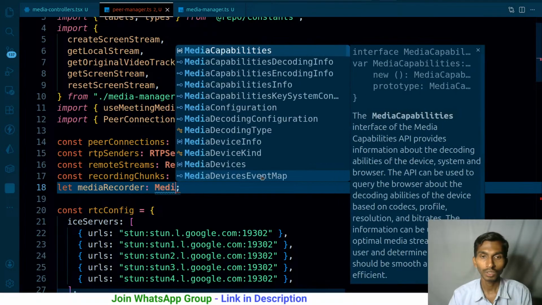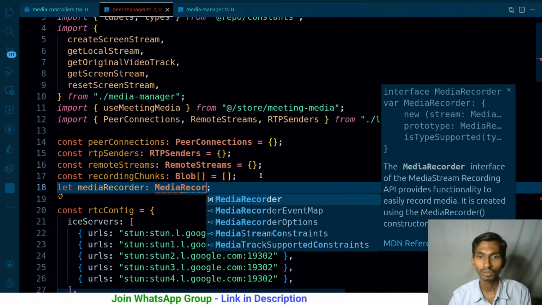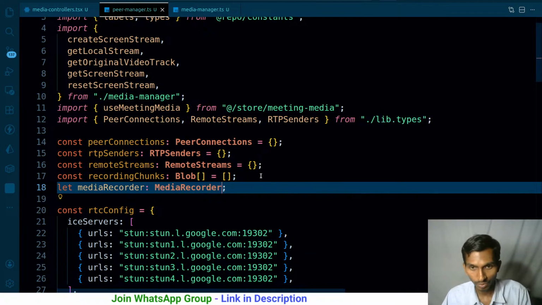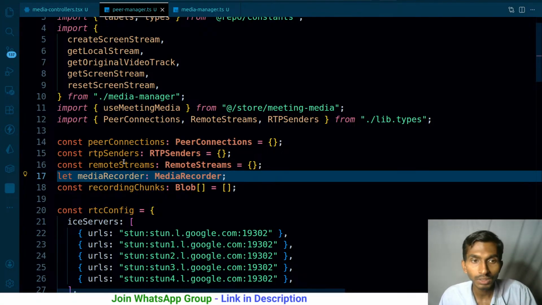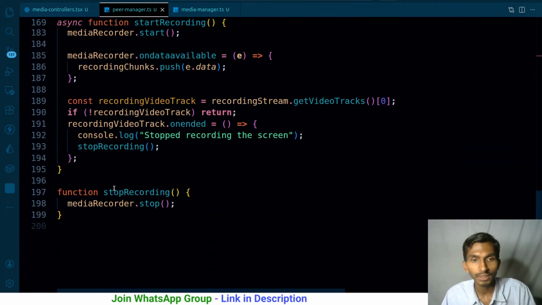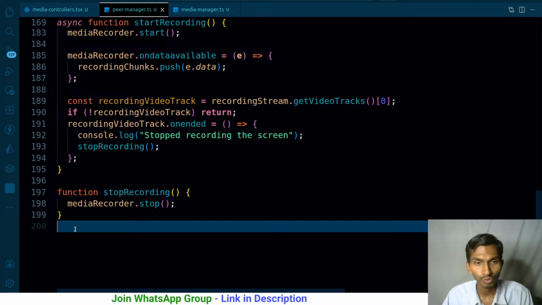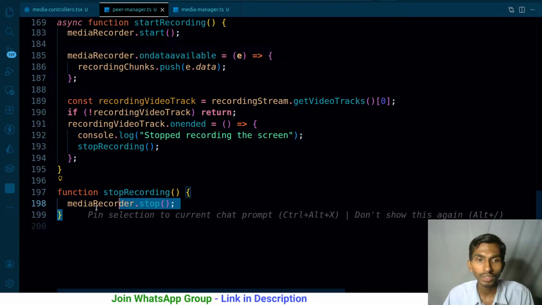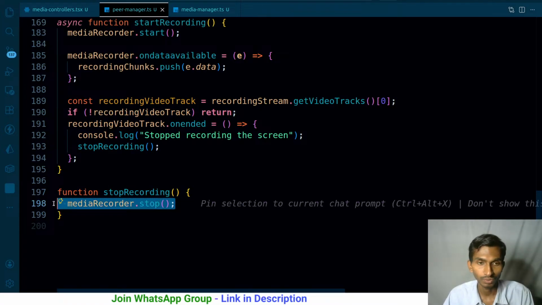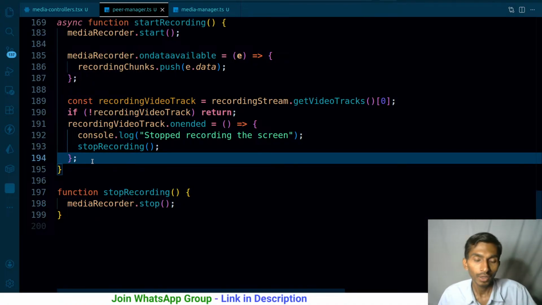As for the type, MediaRecorder is going to be the type of it. Any problem? No problem as such. Right now it is globally available, so I can also use it inside this. Whenever I stop recording, I stop this particular stuff as well. As simple as that. Any problem? No problem as such.